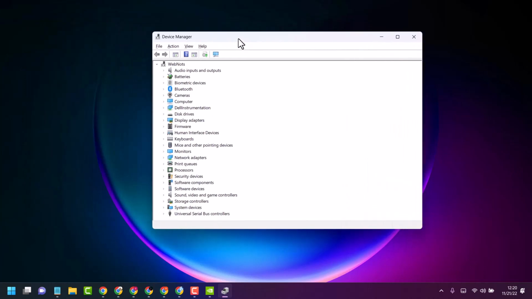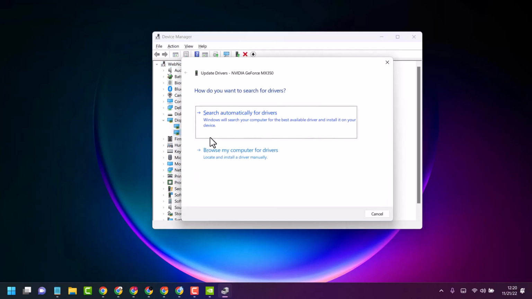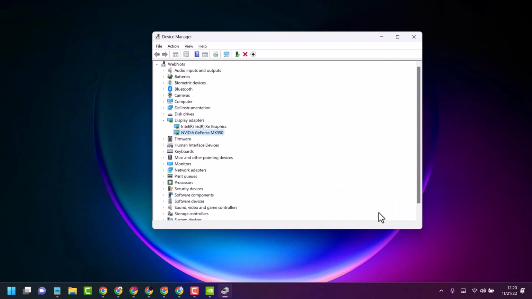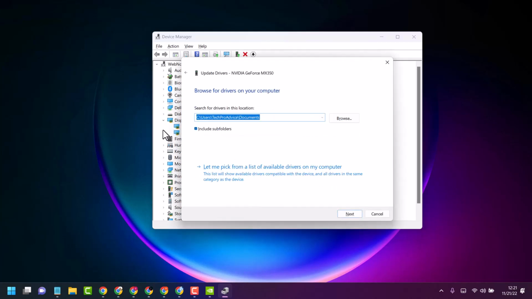Now in this list search Display Adapters. Now here you will see your graphic card NVIDIA GeForce. So right click on it, then update driver. Firstly select search automatically for drivers. Close and restart. Another method, if you have the latest one, right click on it, update driver, browse my computer